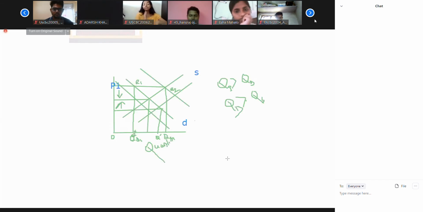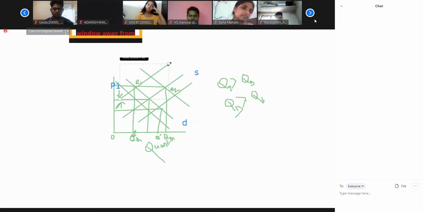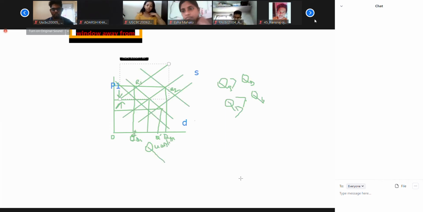So there is a drought situation. In that case, what will happen? The supply curve will shift to the left, in this way. Got the point? Ma'am, will the supply curve move upward or right? It means to the right. Upward means this will decrease, while right here shows an increase.